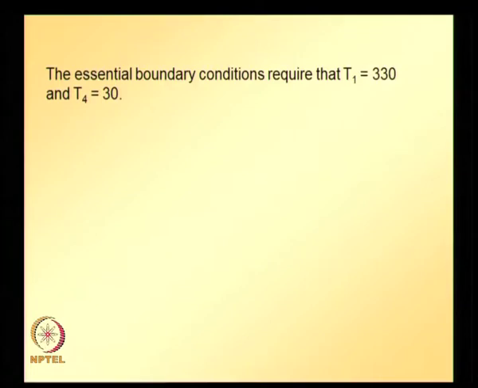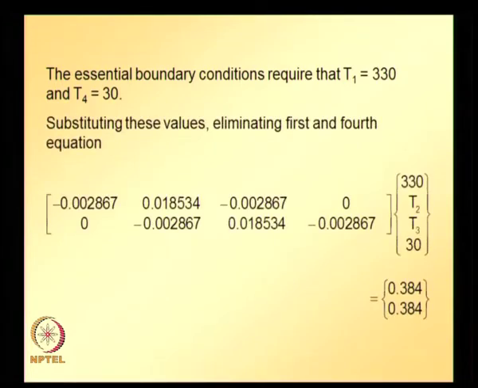Essential boundary conditions require that T1 is equal to 330 degrees centigrade and T4 is equal to 30 degrees centigrade. So, substituting these values, and since the temperature value is specified at node 1 and node 4, that is T1 and T4 are known, we can eliminate the first and fourth equations and we can get this reduced equation system,